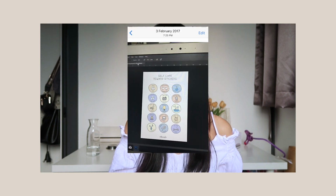Before I walk you through what the kit contains, I wanted to share with you a backstory. This idea actually came to me about, let's say, 2 years ago. In February 2017, I came up with designs for self-care reward stickers, and the idea behind it is to encourage and motivate people to do more self-care things for themselves, to incorporate more self-care